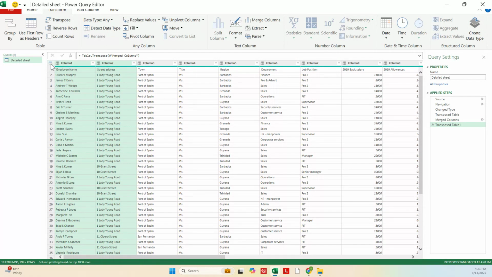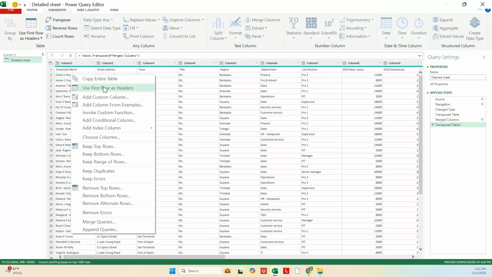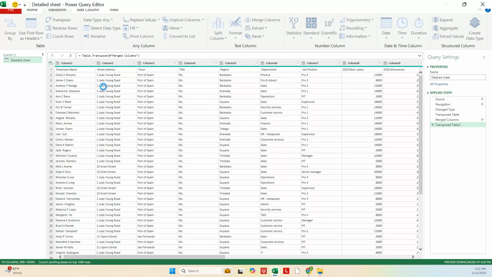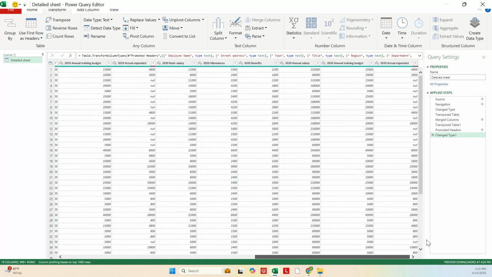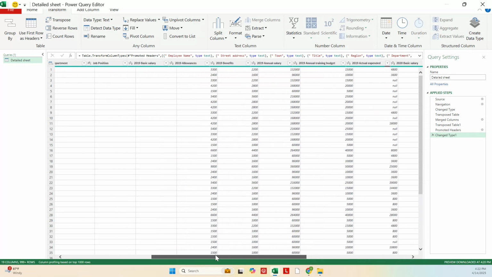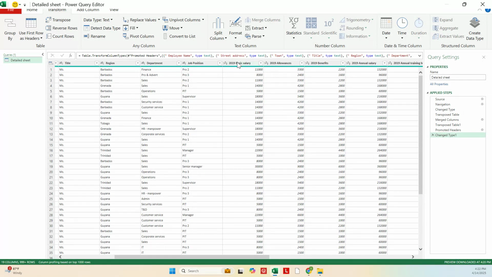We could click on the spreadsheet icon here and say use first row as headers. So that should promote the headers to the top of the sheet. So the data looks clean more or less. However, we have a column with nulls. If we look at this last row of column of numbers, we're going to select all the numbers, and